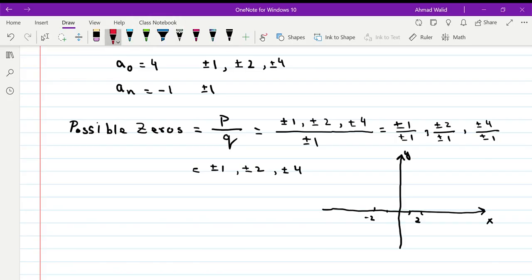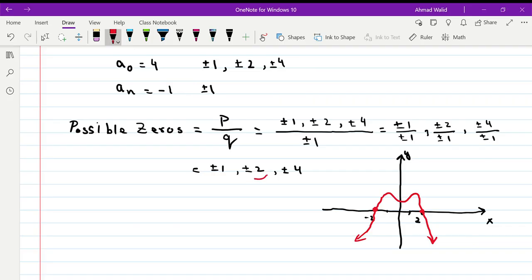Remember when we discussed the end behavior of a graph? This function has an even exponent and the leading coefficient is negative, right? It means this side goes down, comes up somehow, and goes back down here. The shape of this graph, if you graph it, is like this. And you see the actual real zeros are at 2 and negative 2,